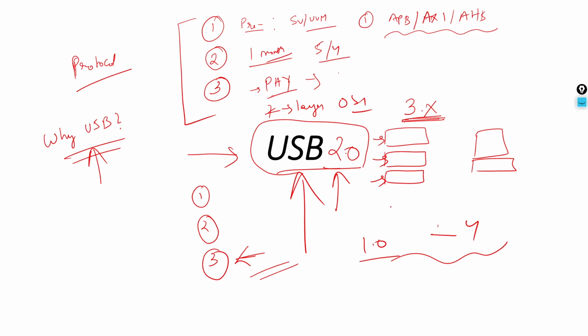What exactly are the layers, what is the protocol, how do you interface, what are hubs, what is a device, what is a host, how do you plug and play, what exactly happens, how many addresses, for a single port how many devices you can connect, what is reset, what is suspend, what are wake up scenarios, and pin configuration. If you see your USB, it has just 4 pins: one is VCC, one is ground, one is data plus, and one is data minus. We'll see this in today's session.